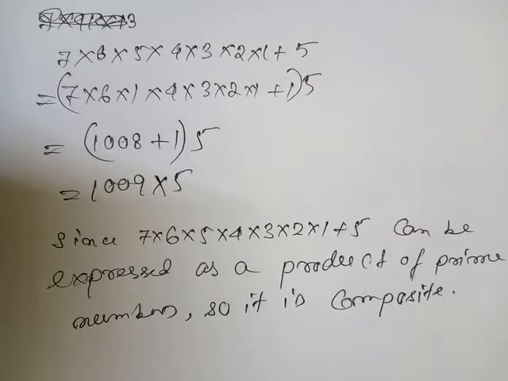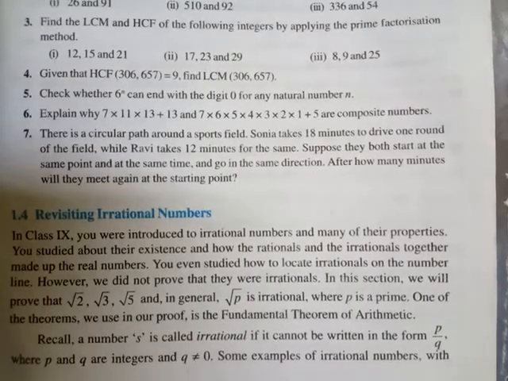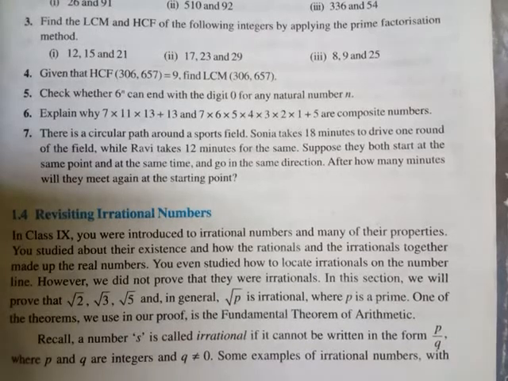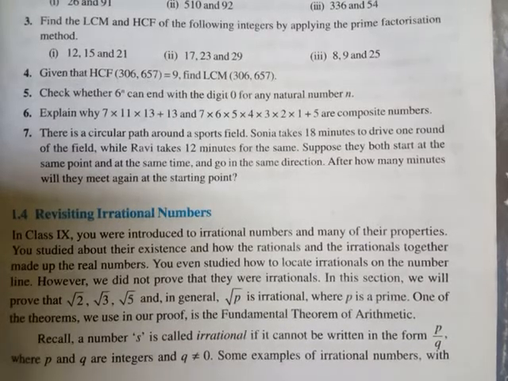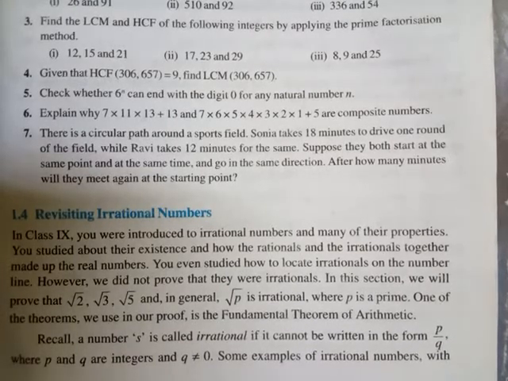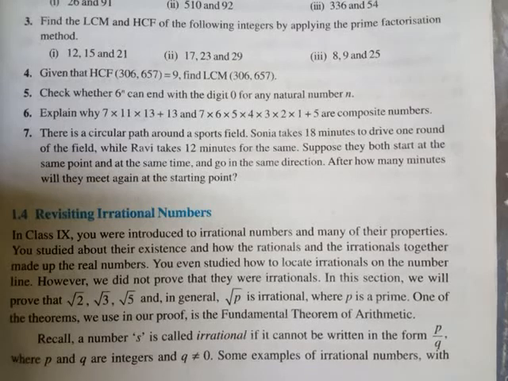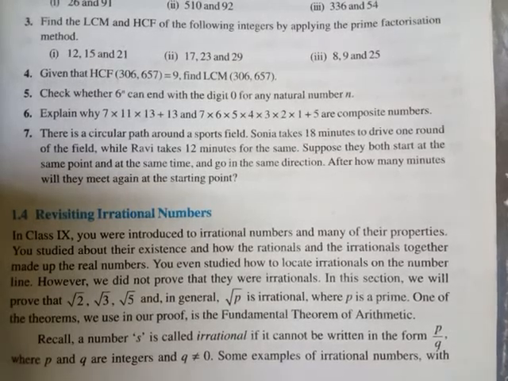Now we'll do question number 7. Exercise 1.2, class 10 general maths, question number 7. Students, since it is an old book, in this book there are questions up to number 7, but in the new book of class 10 there are questions up to number 8, and question number 8 has 3 parts, which means 8 Roman 1, 8 Roman 2 and 8 Roman 3. The way I will do question number 7, in the same way you can solve question number 8 also.